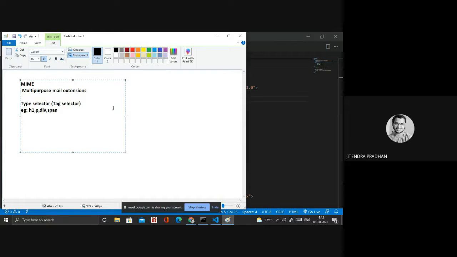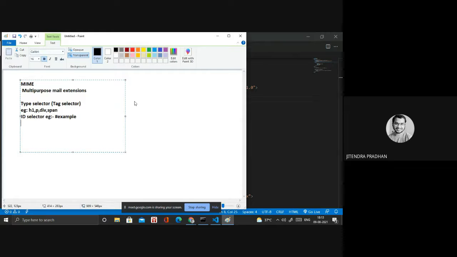Okay, so next we have the id selector. If you choose an id, you need to choose a particular name, and before that you use the hash prefix, for example #myid.